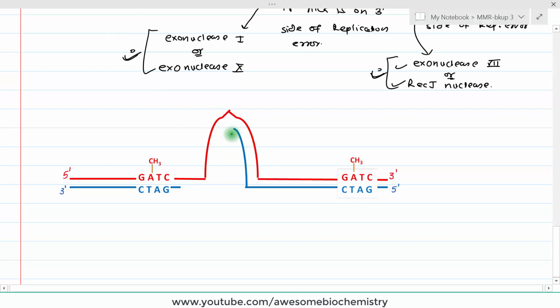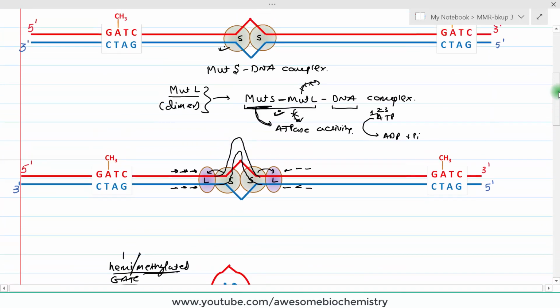So here you can see this is the 3' end and this is the 5' end. Okay, so now DNA synthesis starts from the 5' to 3'. So here it will start synthesizing and then there will remain a nick. So this new DNA or this gap filling is carried out by DNA polymerase 3, in case of E. coli, and the last nick is sealed by DNA ligase. So this is the mismatch repair mechanism in case of E. coli. What about in human or eukaryotic organisms?